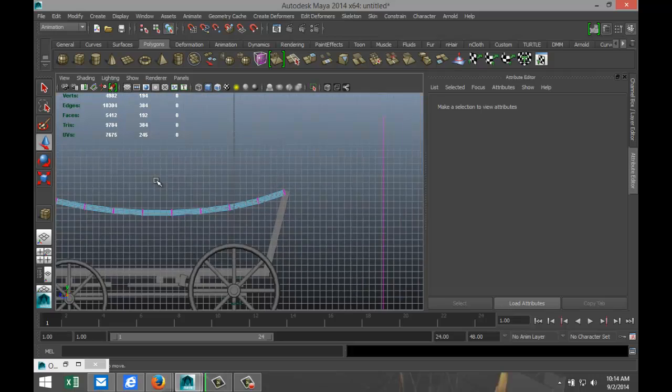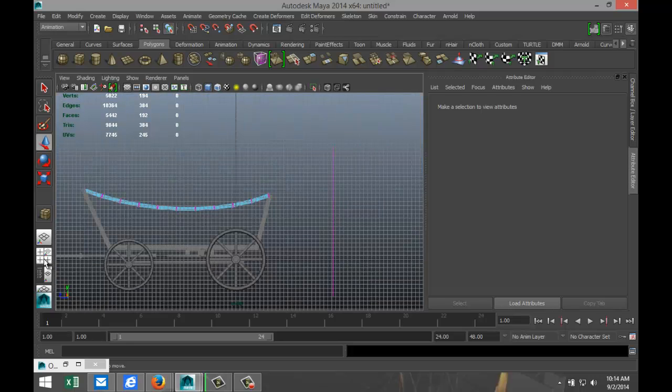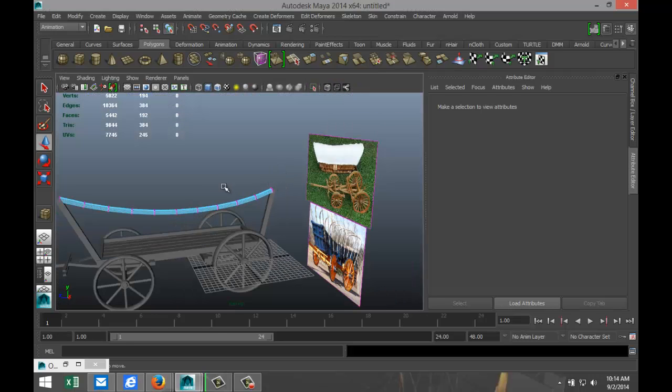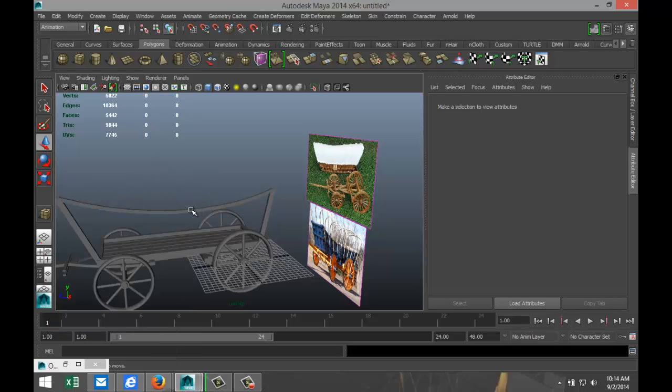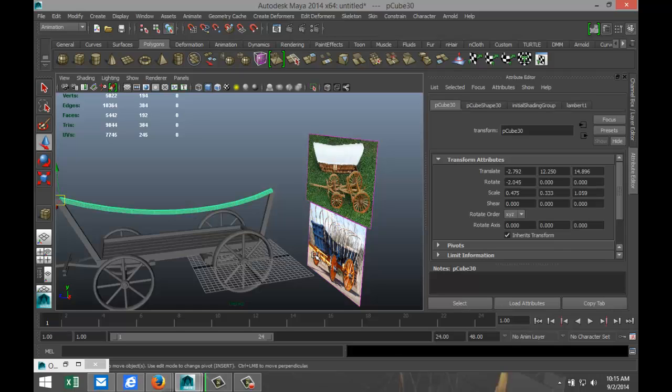Yeah, that's good. Okay. So we got that. We're gonna right click, go to object mode, and we're gonna copy that, Control D, hit W, move that down,